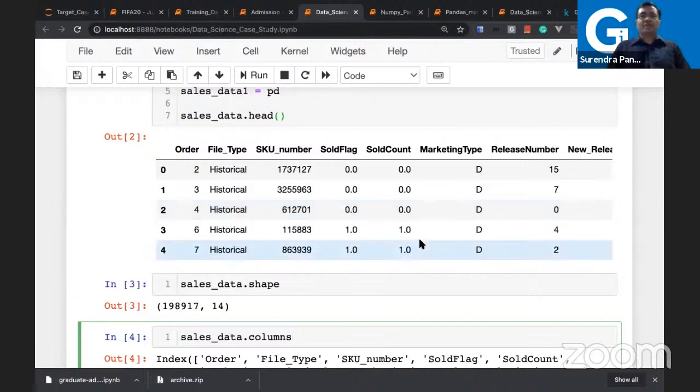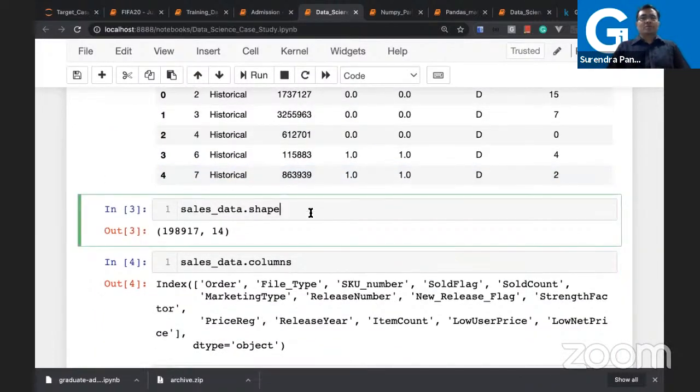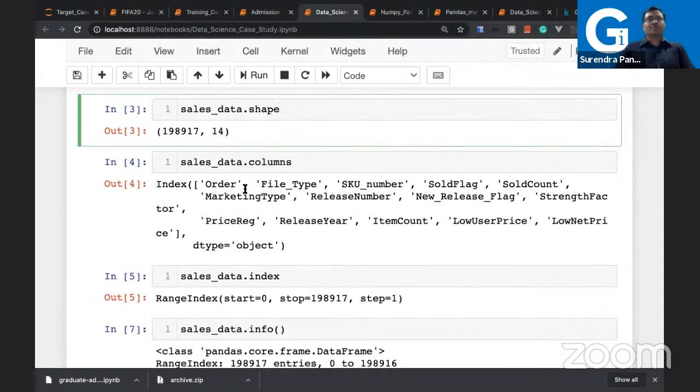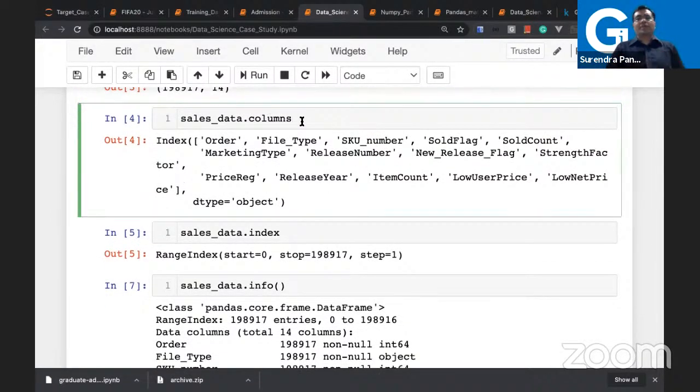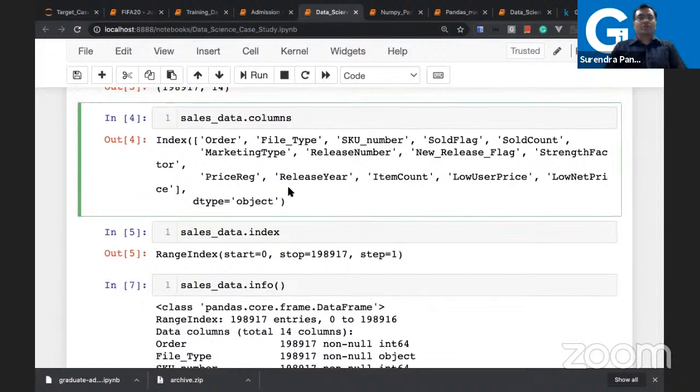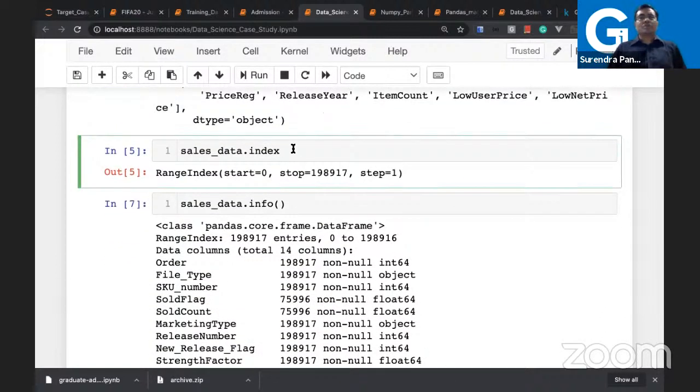So this all can be done by doing the analysis now. Here you got the data where we say this many, 1,98,917 rows, and these are the columns now. Which are the columns? You can just say data frame dot columns and you can find out the column names also. Now the index is just telling you the rows. It is automatically 0 to 1,98,000, this many